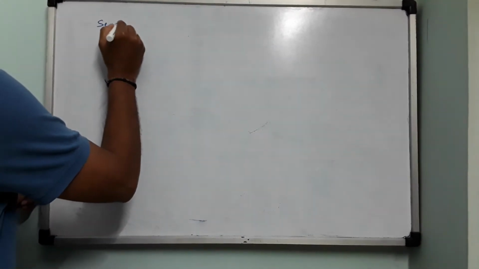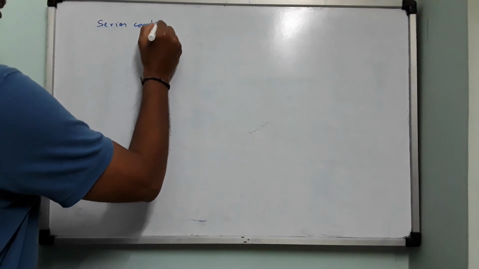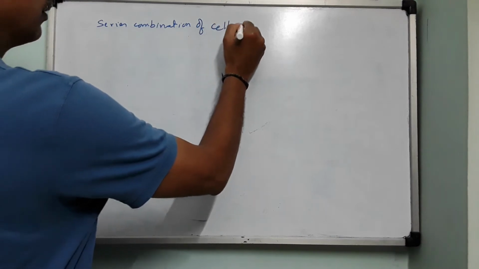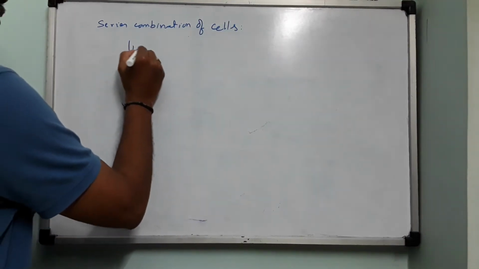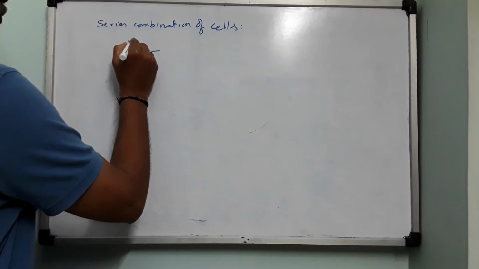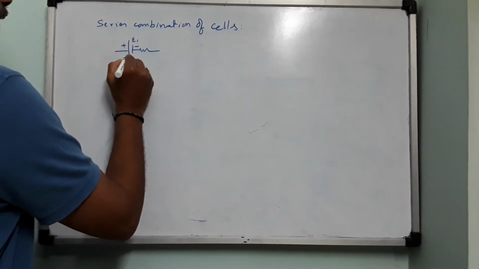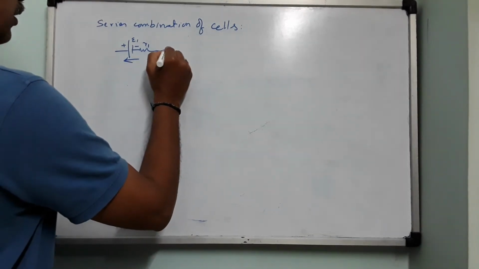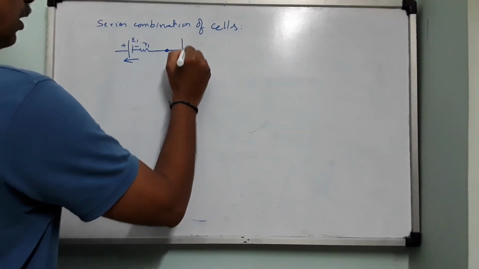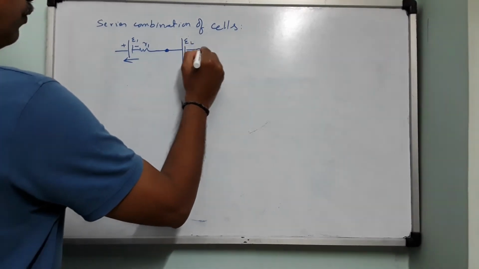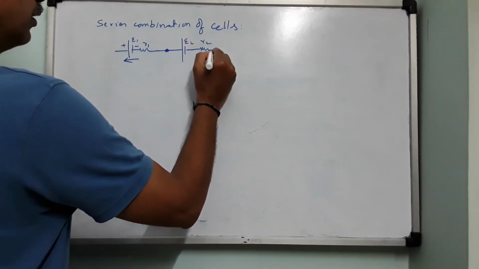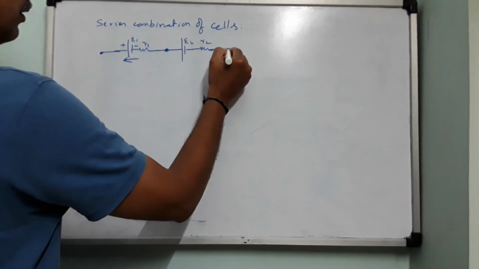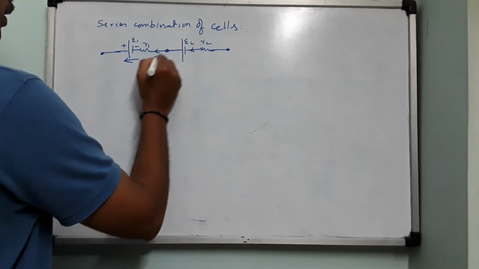Series combination of cells. So we have here two cells. This is EMF E1, plus minus, its direction is like this. R1 is the internal resistance. In series with this, we have another cell of EMF E2 with an internal resistance R2, like this. So when these two are connected in series, we expect that both of them will carry the